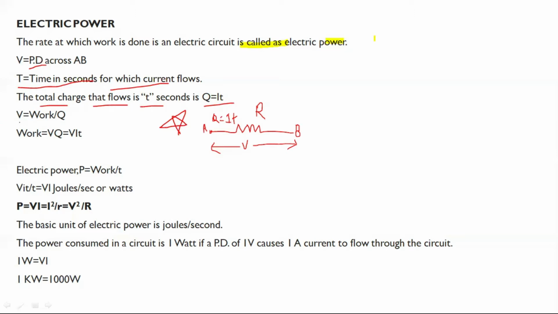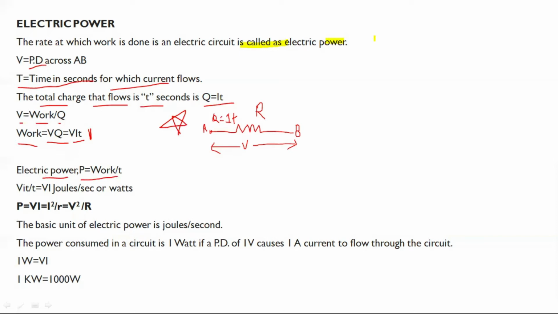Then V, the voltage, is equal to work by Q. So work is equal to V into Q. But Q is equal to IT. So if you substitute Q is equal to IT, then the equation becomes VQ is equal to VIT. Therefore, the electric power is equal to work done by